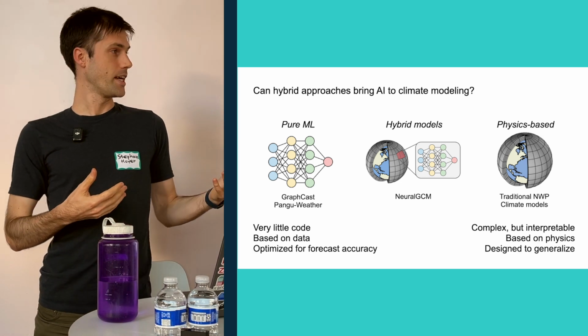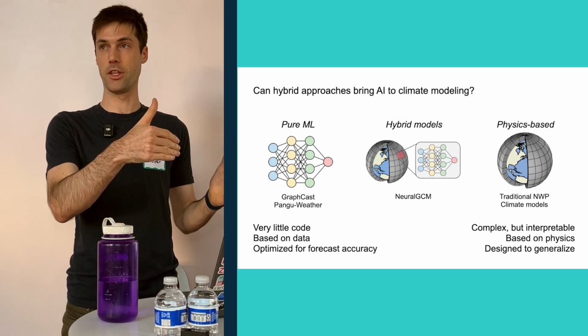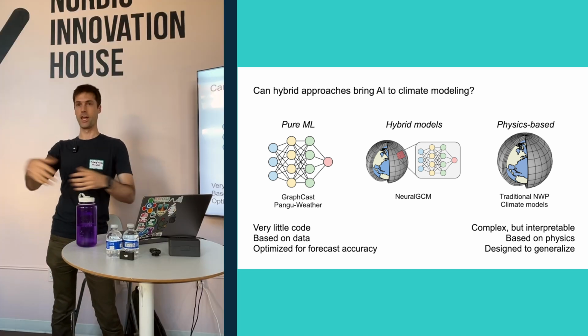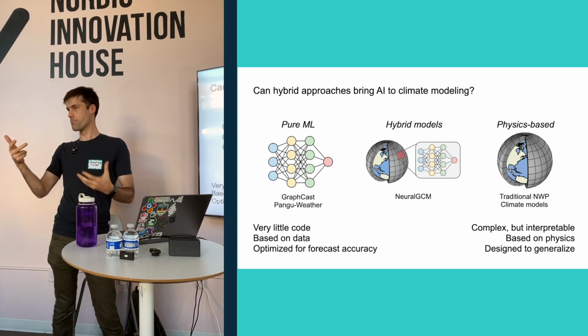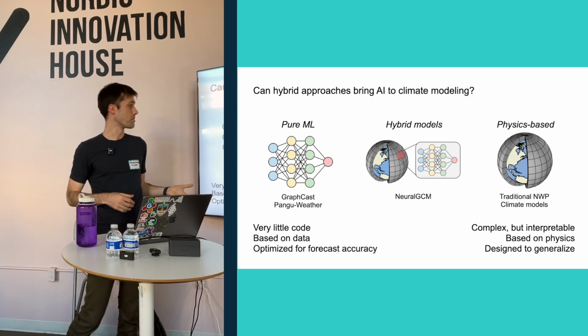And that's actually pretty important for weather and for climate modeling in particular, because in climate modeling we want to understand what's going to happen to the Earth maybe decades from now. We have no data from the future climate of decades from now, so we need the physics-based models, where we believe the laws of physics will still hold in the future. So that's where the physics-based models come in.